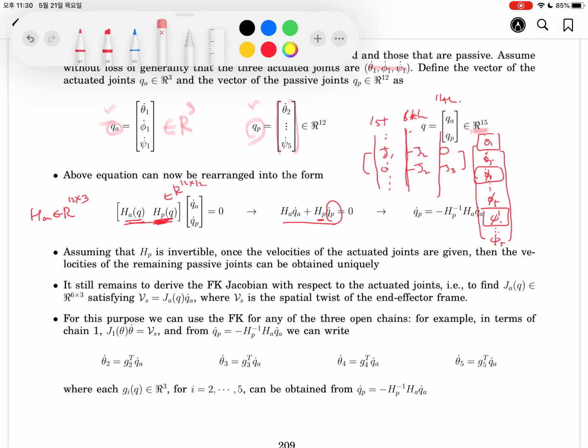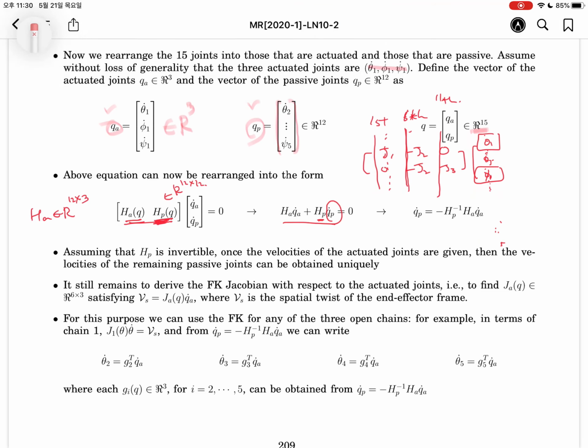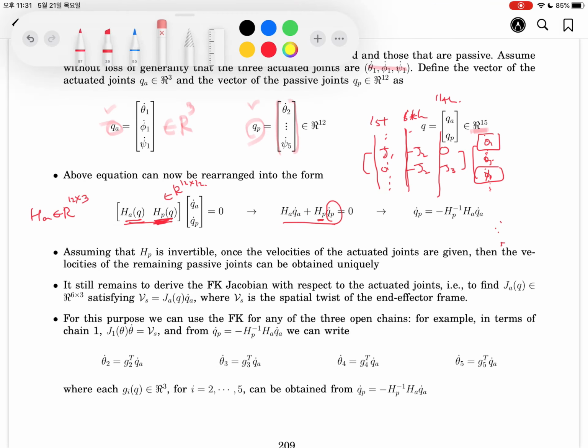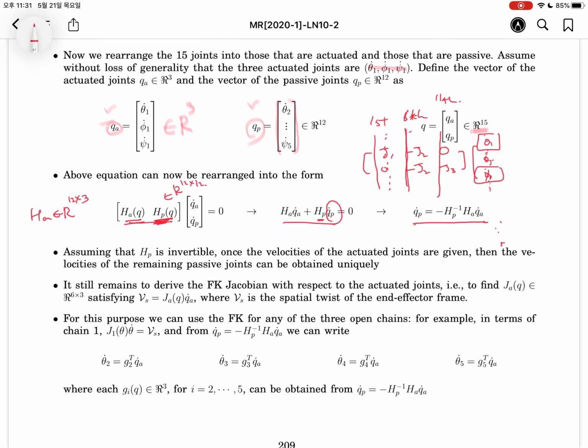So we can obtain the velocity of the passive joint using this equation. In the case of an invertible HP, we can easily determine the velocity of the passive joint. If you know the passive joint angle or passive joint velocity,